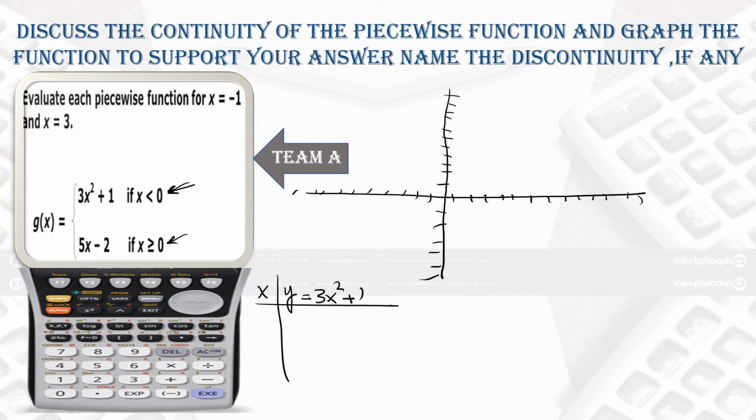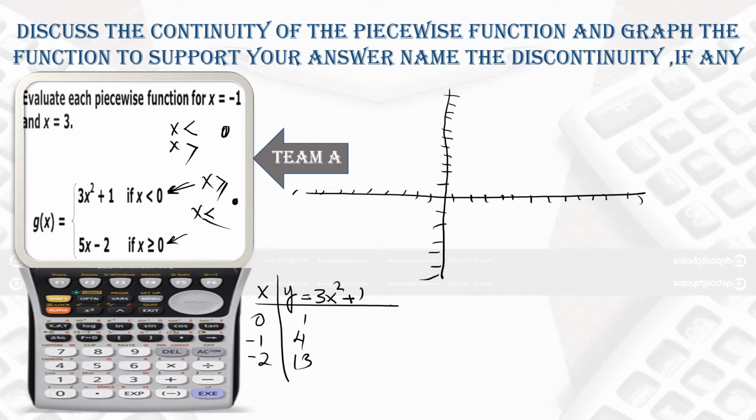But in the sketching, if you have the condition x is less than or x is greater than, show it with a hollow point, and if x is greater than or equal to, or x is less than or equal to, show it with a dark shaded point. So now here we will start at 0. Take all the numbers that are less than 0. So put them in one by one. You will get 1, and here you will get 4 and -4. So 4 times 3 is 12, and here 13.